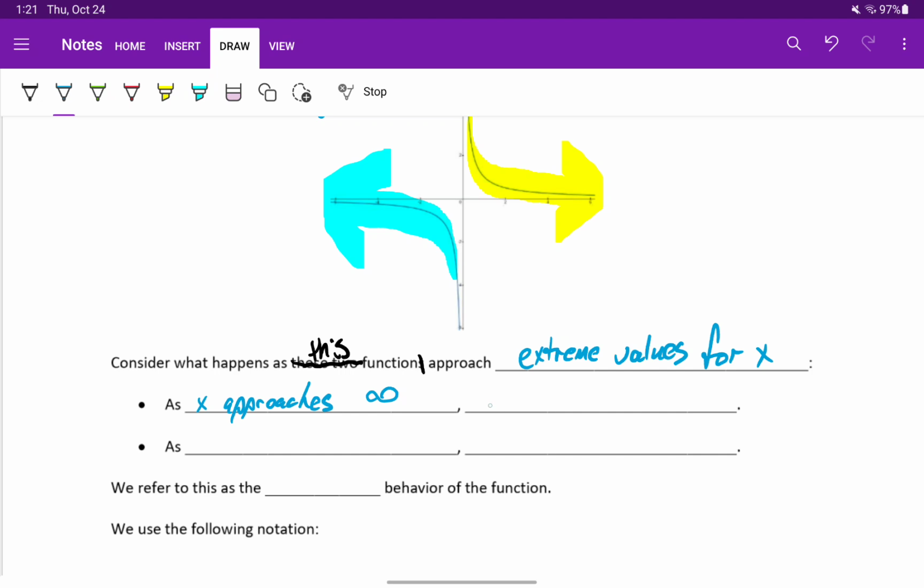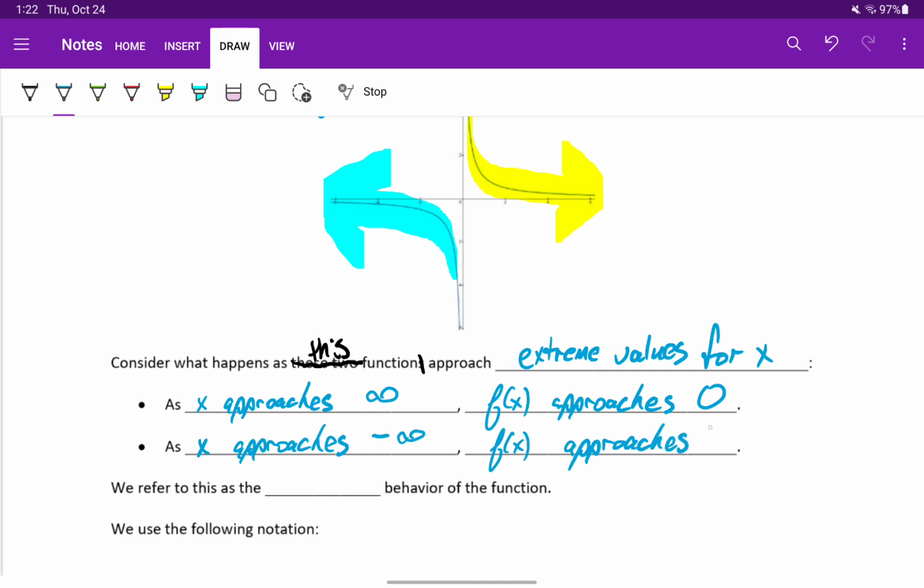as x approaches positive infinity, our function f of x approaches 0. And as x approaches negative infinity, f of x is also approaching 0. We have that same behavior whether we trace the graph to the right or trace the graph to the left. In both cases, it's headed to the line y equals 0, which means we have a horizontal asymptote